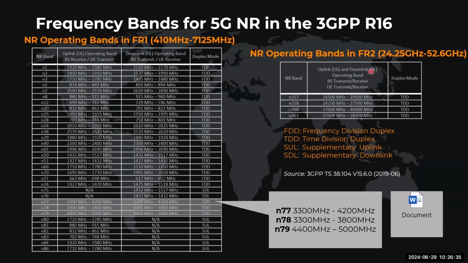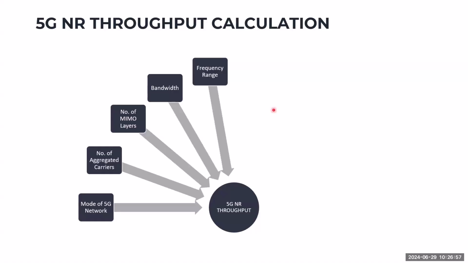So makaka-apekto rin kung ano yung frequency range mo para sa throughput. It depends sa frequency. Pagka tinanong ka, what is the maximum throughput that you can achieve in a 5G system? Well, a typical RF engineer or RAN engineer or a 5G engineer will not answer you quickly. You will see that there's a lot of parameters involved before we say what is the maximum throughput that we can get. Unless you give me parameters, I can calculate for you. Okay. So next is modulation.